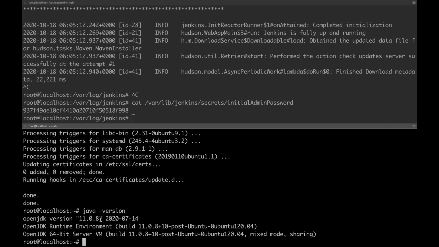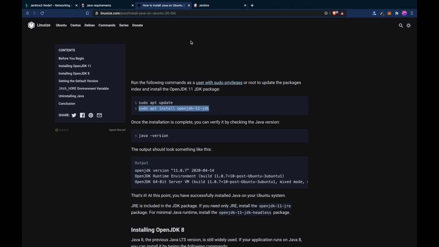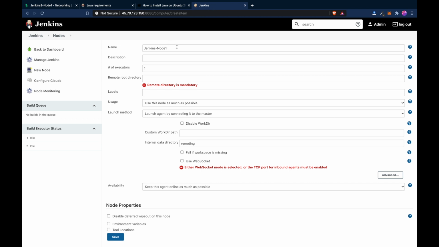Now let's configure it to the Jenkins master. The name I'm giving is Jenkins node 1, which will be the display name in our Jenkins master. For the number of executors, I'll keep the default value of 1. I'll create one folder for the Jenkins slave, /opt/jenkins-node.